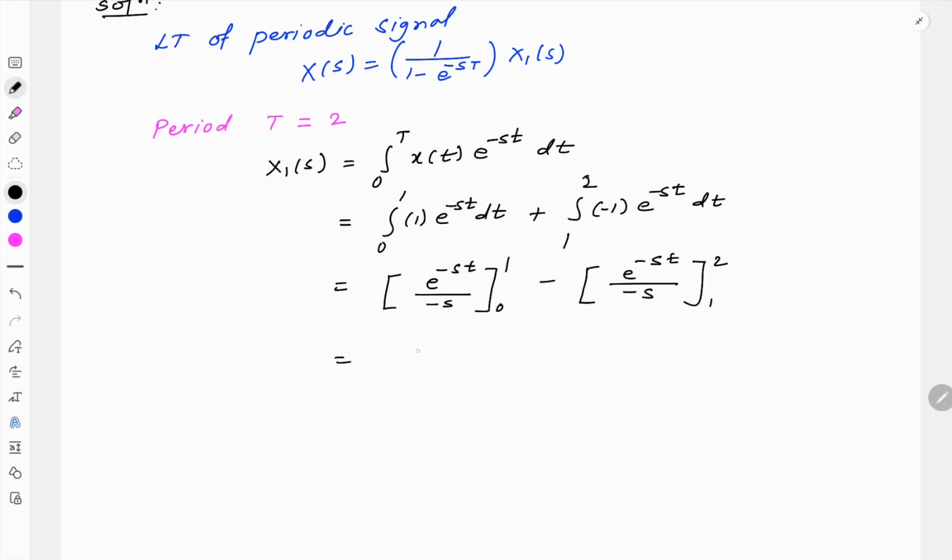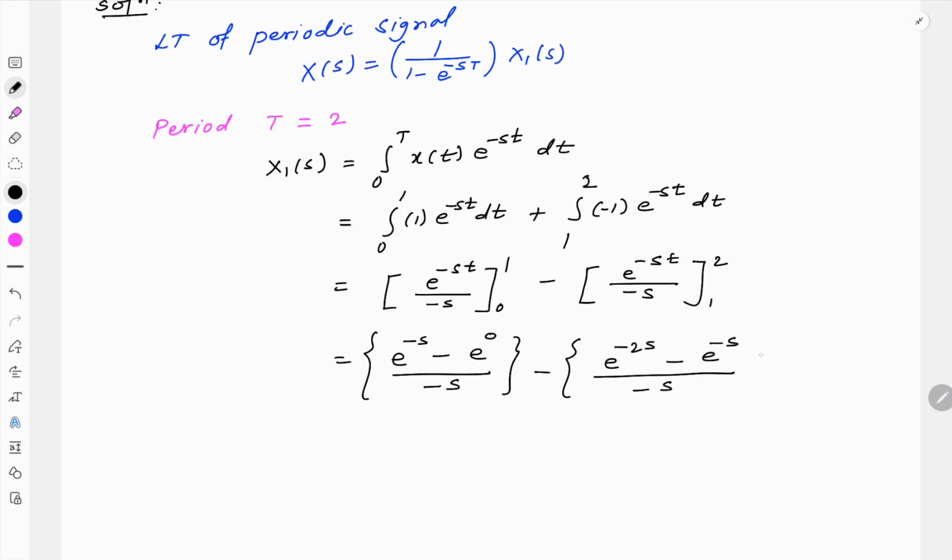So let us simplify it now. e raised to minus s, t is 1, minus e raised to 0 upon minus s, minus, so this is our first term, and in the second term we get e raised to minus 2s minus e raised to minus s